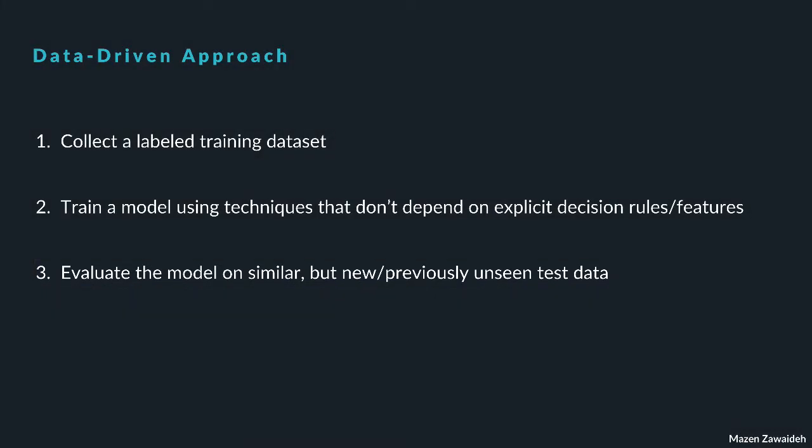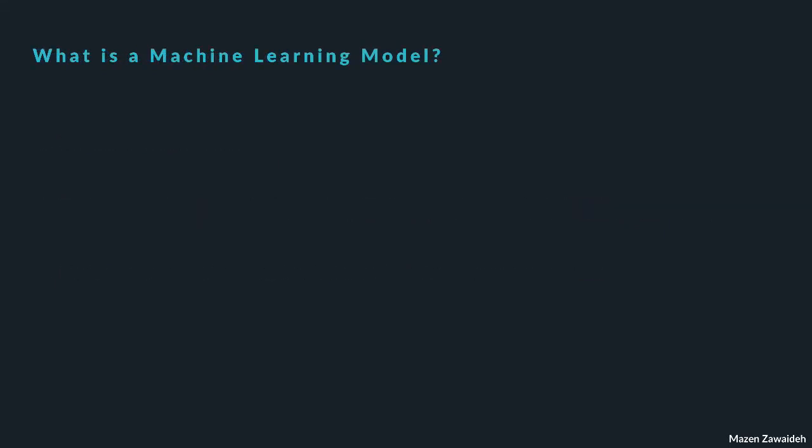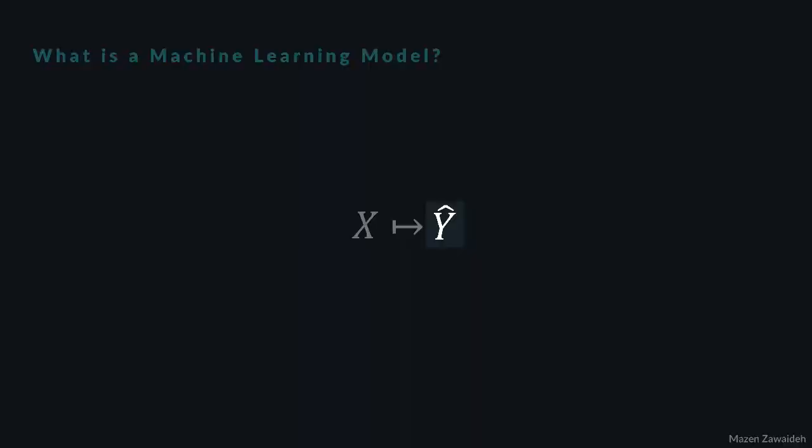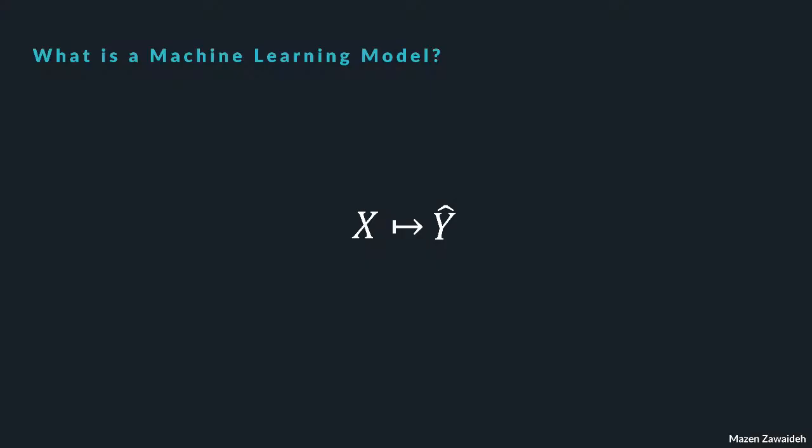So the word model keeps coming up, but what exactly is a machine learning model? Simply put, a machine learning model is a mathematical function which takes as an input a data sample and outputs a prediction. Note that the symbol is read as y hat, indicating that it is a prediction by the model, not the true value. Depending on the problem of interest, this prediction may be a class label, such as disease or no disease, or an estimated value, such as the estimated blood pressure of a patient, given some input data